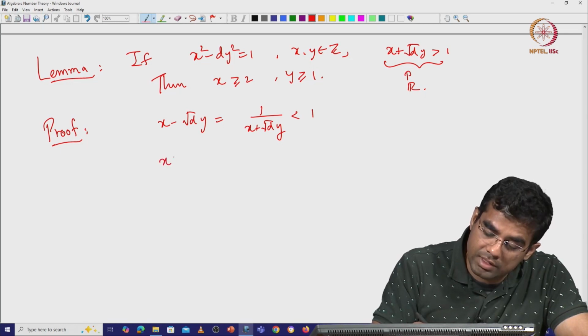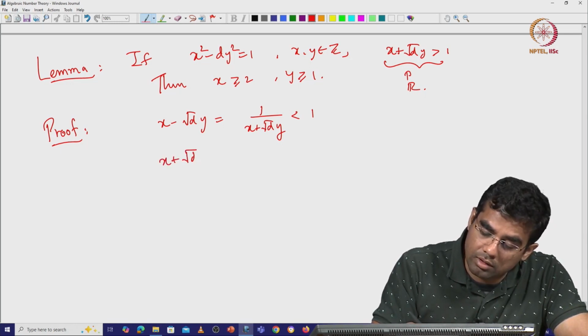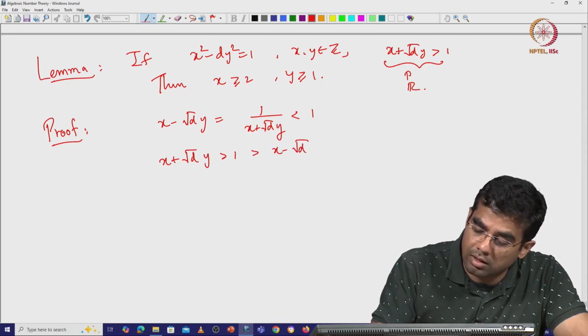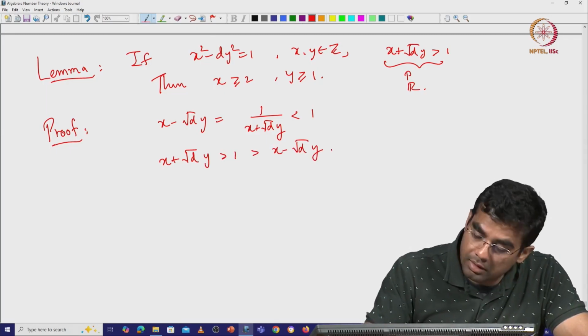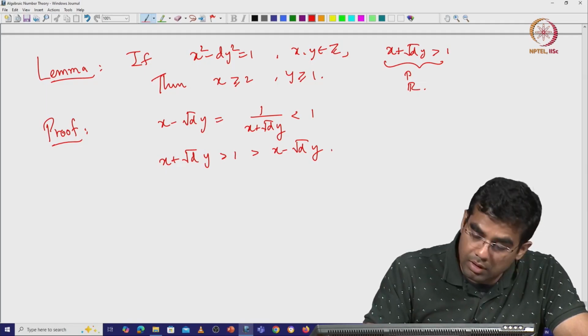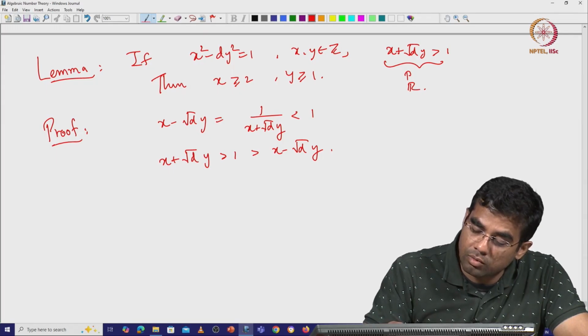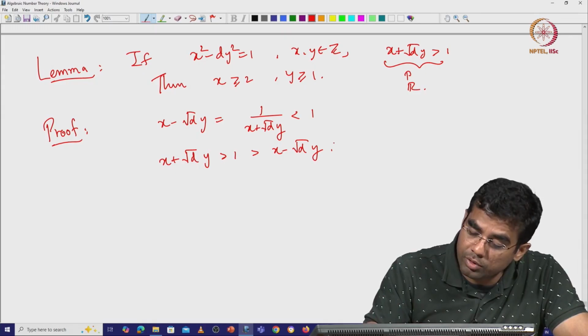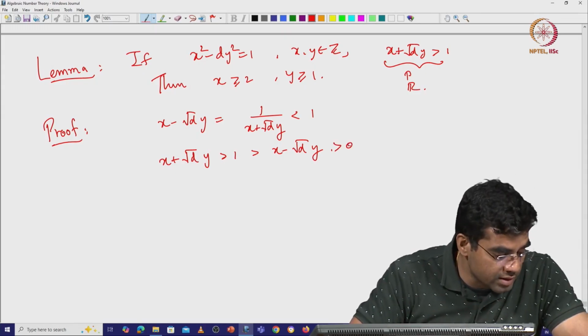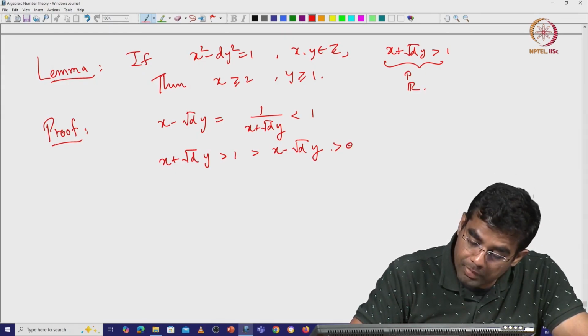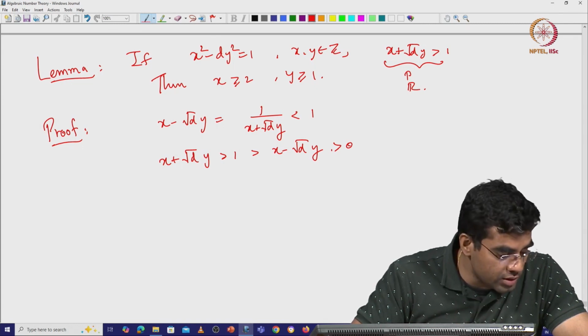So, what we have is x plus square root of dy is bigger than 1, which in turn is bigger than this quantity. And because 1 plus square root of dy is positive, its reciprocal is also positive. So, we have this, right, and so you see that